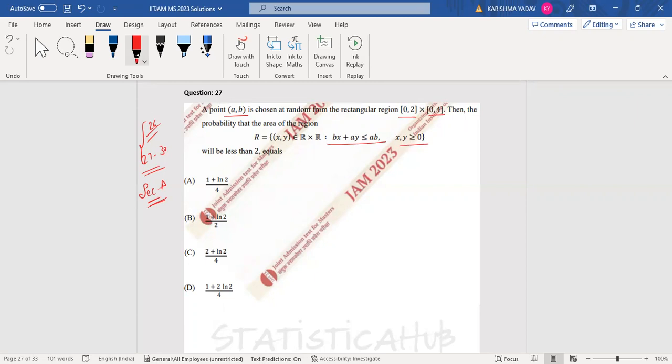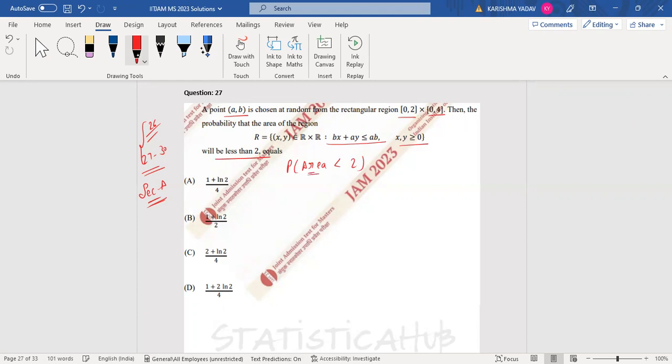Okay, so we have to find the probability that the area of this region would be less than equals to 2. That is, the probability that the area would be less than 2. Okay, so for finding this probability that area would be less than 2, we first have to